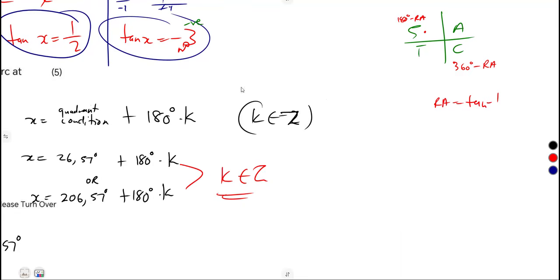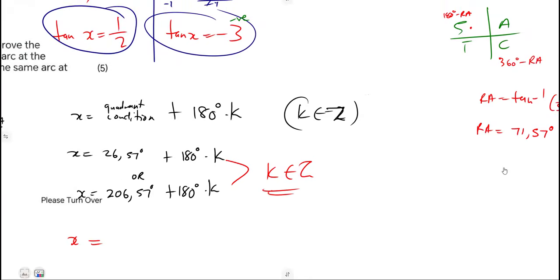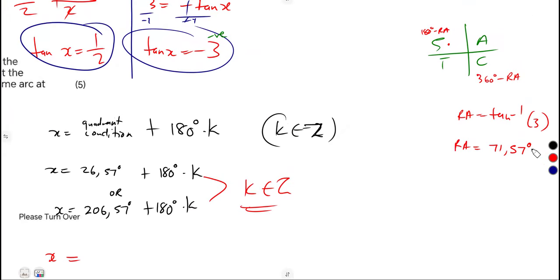arctan of the magnitude of this, arctan of 3, the magnitude. So that's our reference angle, just like the previous case that we had. You were going to determine the reference angle from there. And that was going to give us 71,57 degrees. So with this reference angle, guys, it follows that we can find our x values for that tan, which is a negative. The first one, the quadrant angle, 180 minus the reference angle,